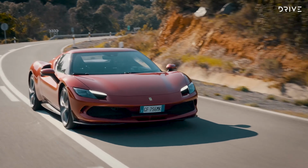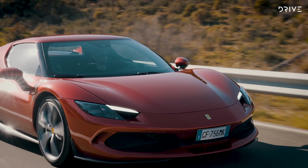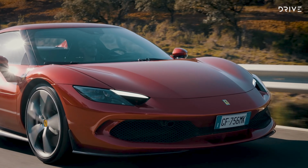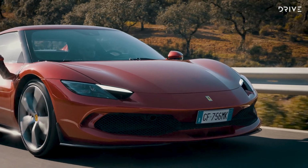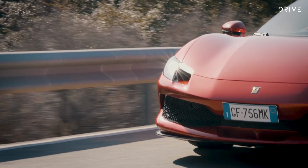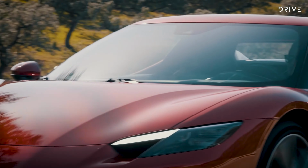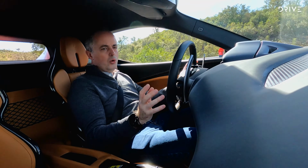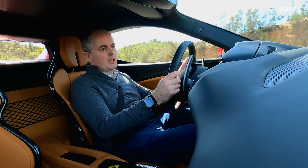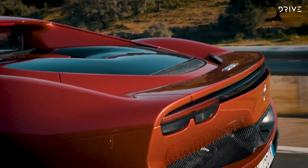The other technical highlight is definitely the brakes. Ferrari has switched to brake-by-wire, which is something that rarely does anything for brake feel or confidence at the limit, but in this case, the pedal feels entirely natural. And because of the brake-by-wire, it's no longer requiring the force from the driver's foot to create pressure at individual calipers. So it can create more if it needs to, which gives it the ability to do